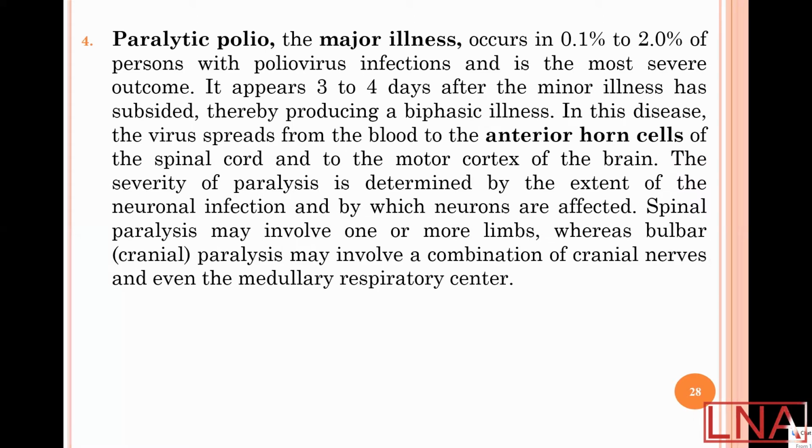Paralytic polio, the major illness, occurs in usually less than 1% of infected people, and it's the most severe outcome. It appears 3 to 4 days after the minor illness has subsided, producing a biphasic illness. So it means when the first kind of symptoms, the symptoms related to the minor illness like vomiting and diarrhea, are gone, several days later paralytic polio usually comes. In this disease,